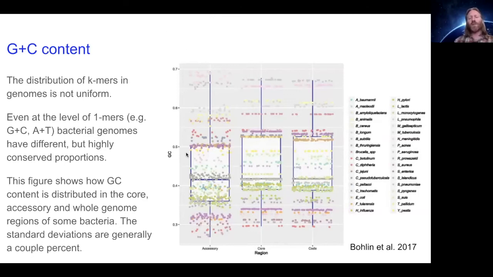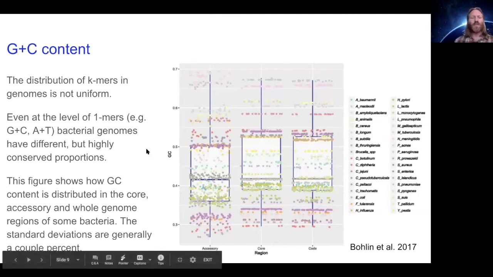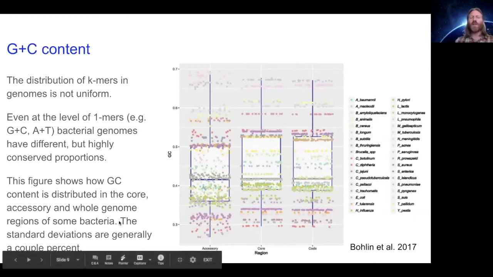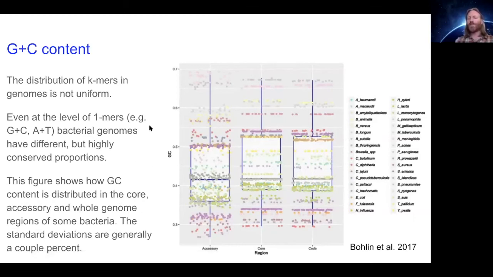This figure from a paper by Bolin et al. in 2017 shows how the G plus C content is distributed in the various aspects of the genome, the core versus the accessory, for a whole bunch of different bacteria. So what you can see is that, say you're picking one bacteria here, like H. pylori, which is in this light green. If you look at these box plots, you'll see that for each dot here, which is a region of the genome,